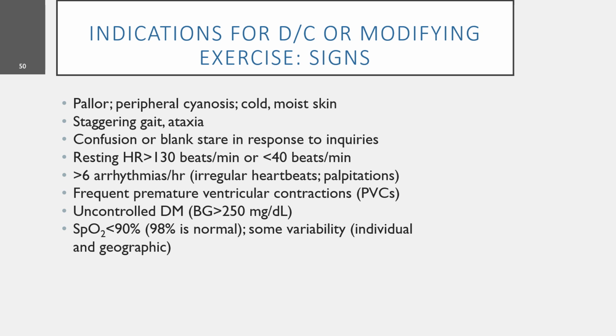Signs for stopping or modifying exercise include pallor, peripheral cyanosis, cold, moist skin, staggering gait or ataxia, confusion or blank stare in response to inquiries, resting heart rate more than 130 beats per minute or less than 40 beats per minute, more than 6 arrhythmias per hour, frequent premature ventricular contractions, uncontrolled diabetes, SpO2 less than 90,